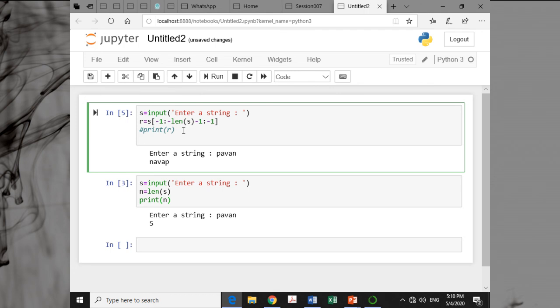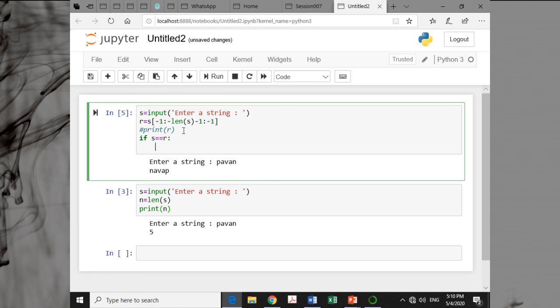Now I can simply check it. If s is equal to r, this is the comparison. We will discuss string comparison also.